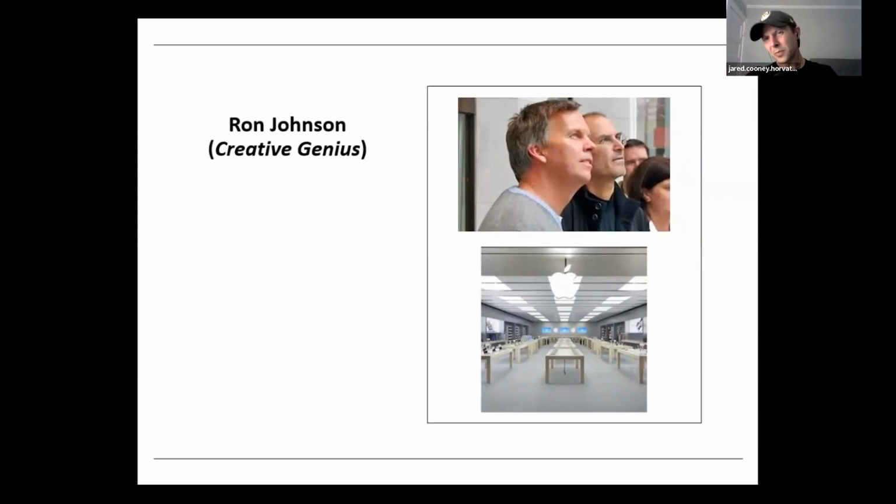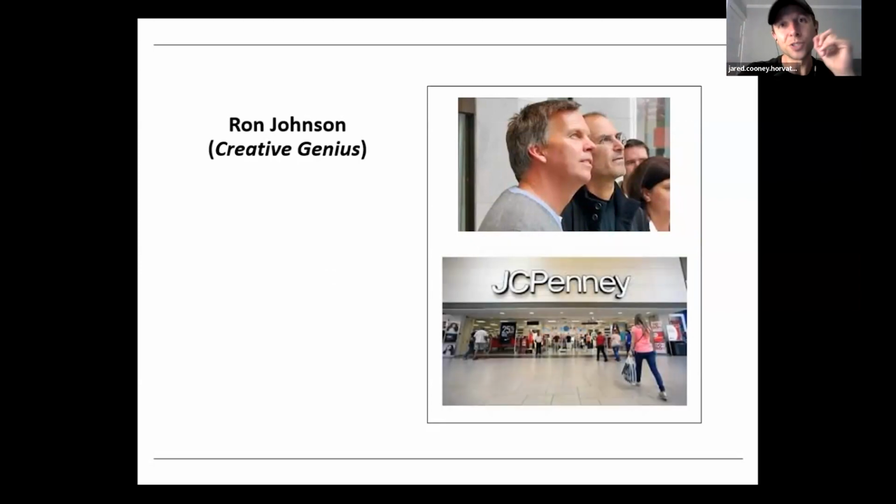Ron Johnson, this is the creative genius, and those are his words, not mine, behind the Apple iStore. So this guy's the guy who invented the Apple iStore. He just demonstrated on the world's biggest stage, I am creative. What happens? Struggling retailer JCPenney poaches him. They say, come over, be our CEO, use your creativity to save our company. And 17 months and $6 billion in losses later, JCPenney fires him, not an ounce of creativity to be found. So here we've got a guy who just showed I've got a skill on the world's biggest stage,